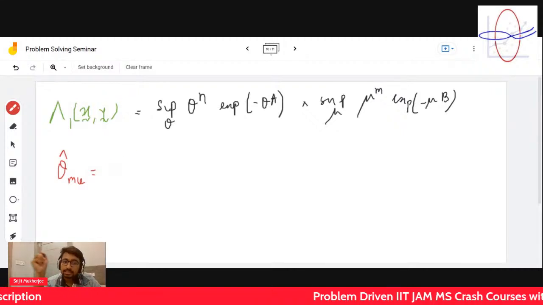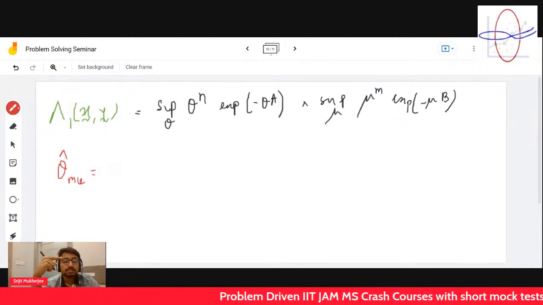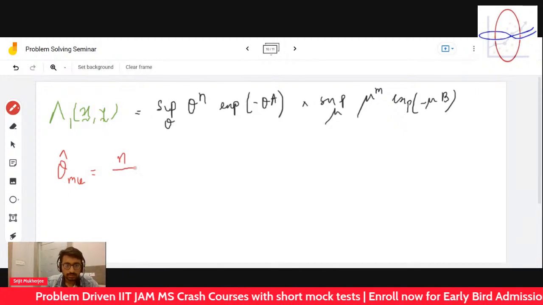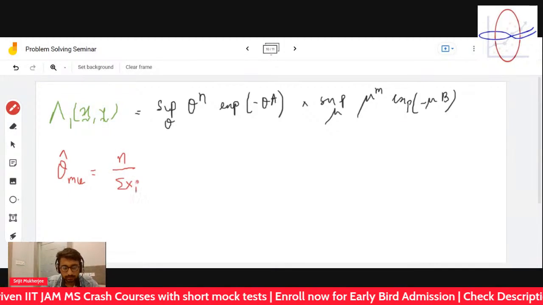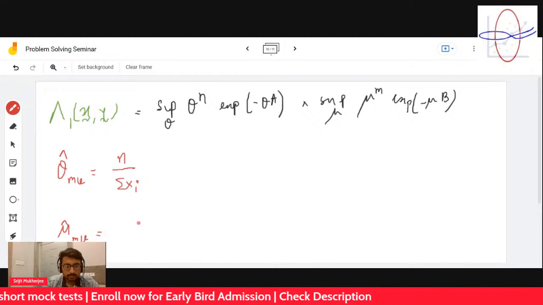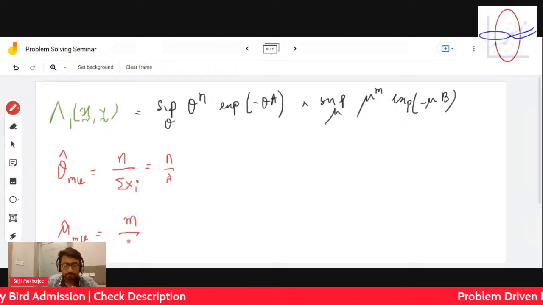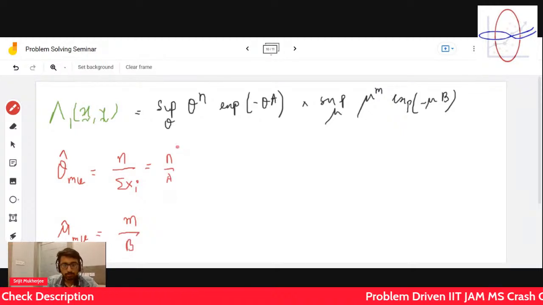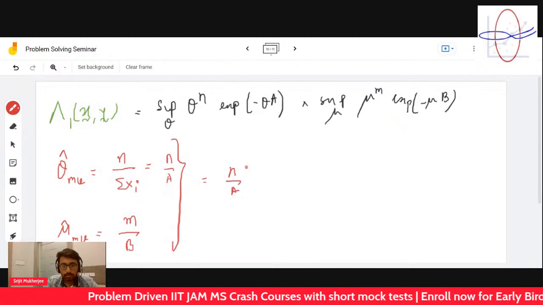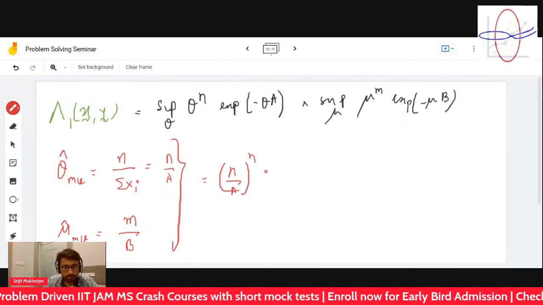The MLE of the mean is x bar. So theta hat, the MLE, where theta is the rate, is 1 by x bar, right? So it's n by summation xi. And mu hat, the MLE, is m by summation yj, so it's n by a and m by b. Therefore, if you put it over here, you get theta hat, the MLE, that is (n by a) whole to the power n times